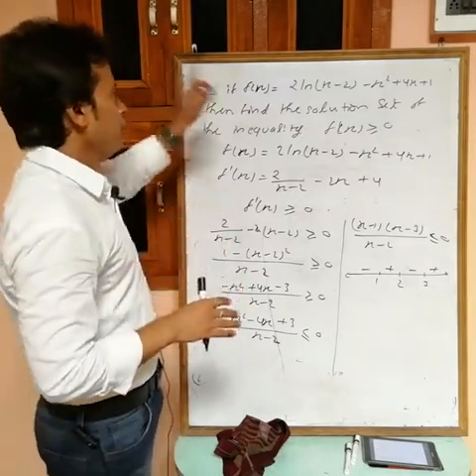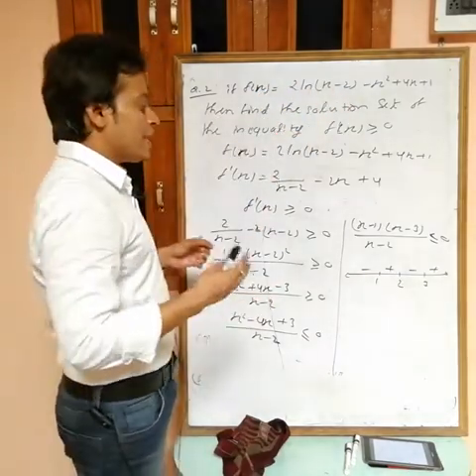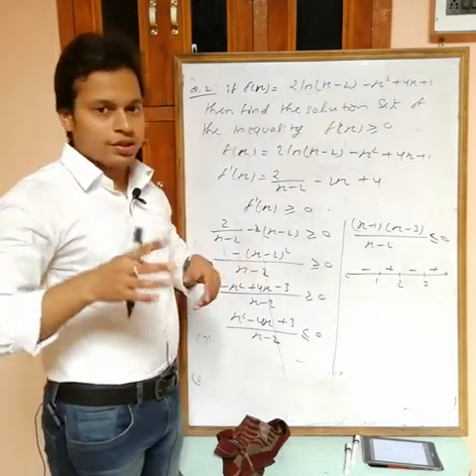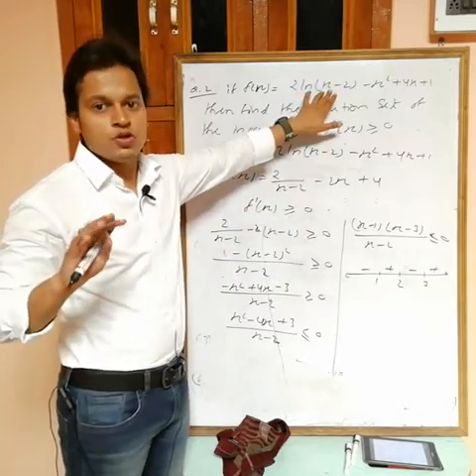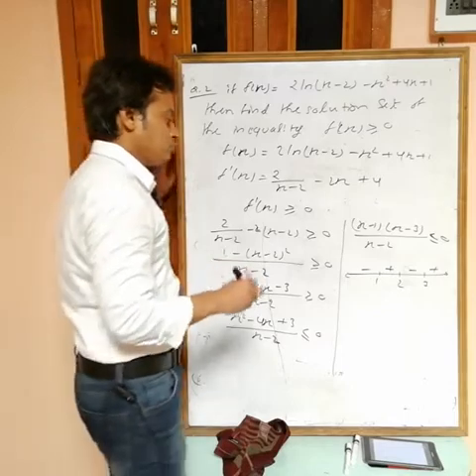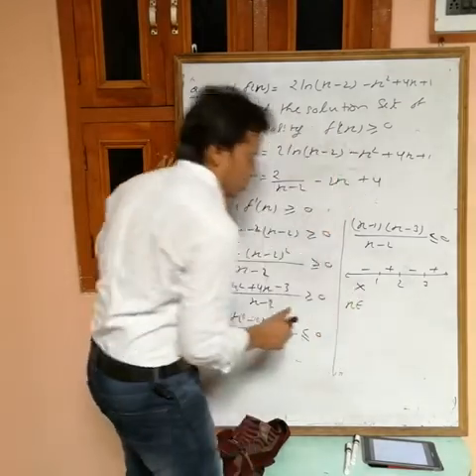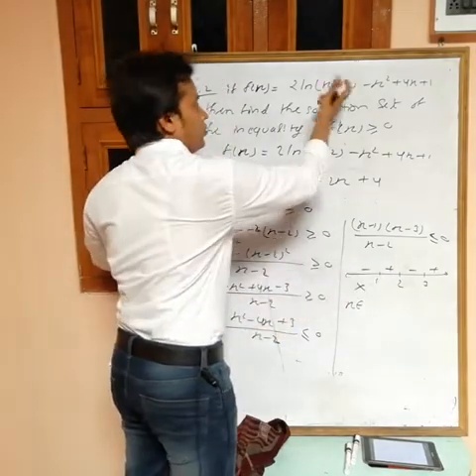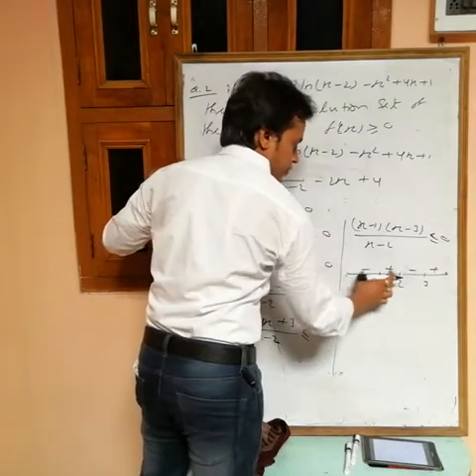But one minute, in f(x) the function is ln(x - 2). If there is ln(x - 2), then the first thing is that the function must be defined, and a logarithm is only defined for positive arguments. So x - 2 must be greater than 0, so you can't take values of x less than 2. We can't take this interval, because for this interval x - 2 is negative. If you put 1, then 1 - 2 is -1, so we can't take it. Here we have ≤ 0, so we have two intervals, this one union this one, but we can't take this one.